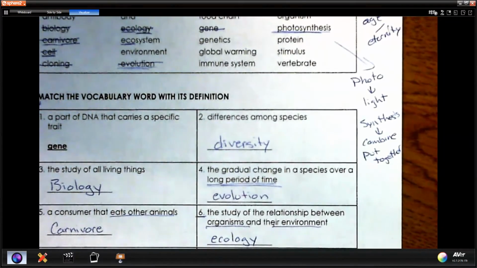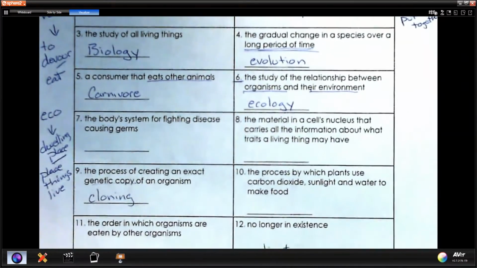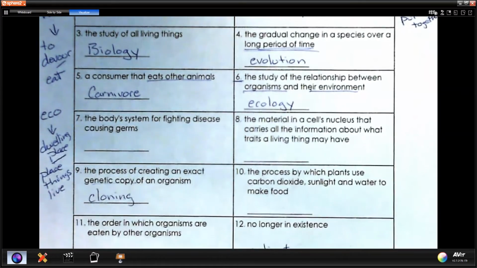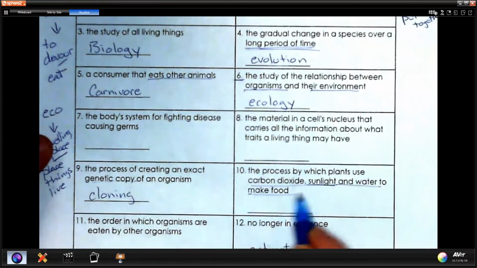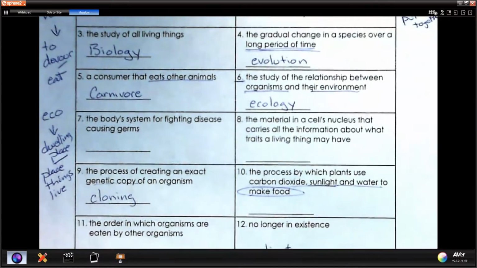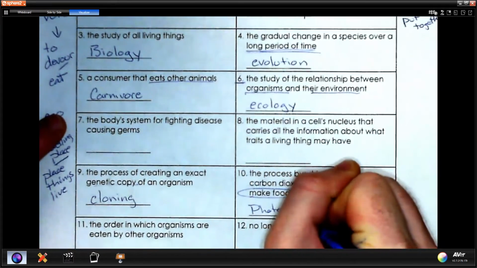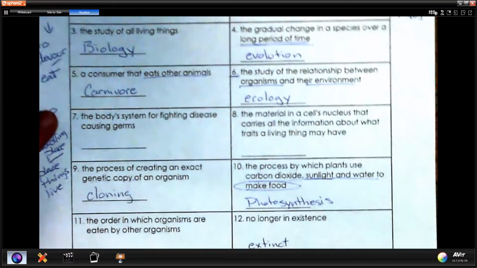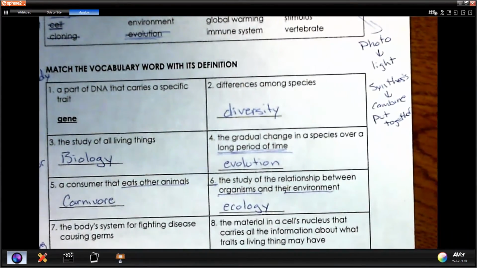So which of these do you think kind of matches with combining light? Does anything on here come to mind? Number 10, plants use carbon dioxide, sunlight, and water to make food. So I'm going to synthesize, combine, put together light and other things and make food. All right. So as we go through, we'll work on combining our understanding of